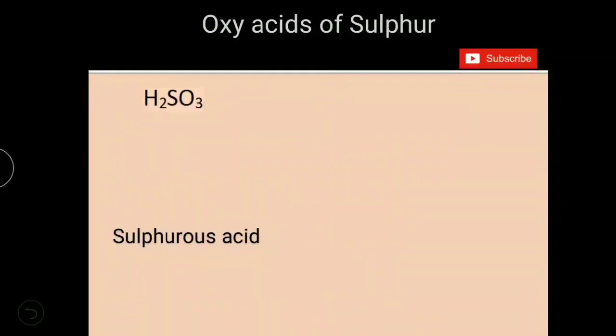Let us see the structure of sulfurous acid. Formula is H2SO3. What is the valency of sulfur in Us acids? It is 4. So we will have 4 bonds. Out of them, 2 bonds are with OH groups because the basicity of all oxyacids of sulfur is equal to 2. And one double bond oxygen should be there. So let us draw the structure now. Sulfur atom to which at least one double bond oxygen should be there and 2 OH groups. So with this, already the valency of sulfur 4 is satisfied.